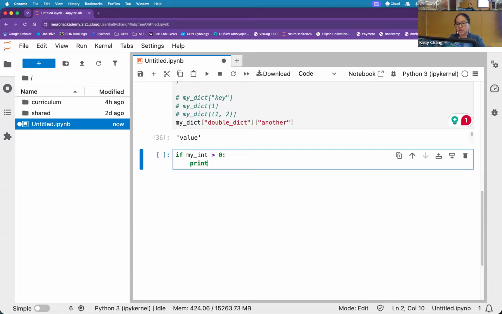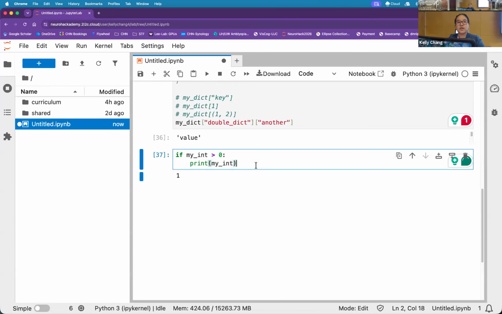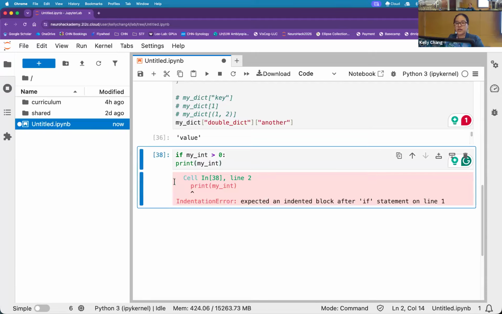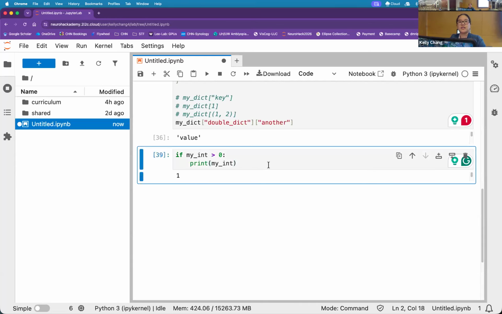this is pretty strict. So I'm actually going to do a really simple command. So I'll print my int just to show you that I managed to hit this condition. And so I am going to execute my print. I also wanted to do this so that you can see if I unindent this, and I did the shortcut command left square brace, that's the quick unindent. Command right square brace will indent to the right. If I try this, you'll get an indentation error. Expected an indent after the if statement on line 1. So it actually is a syntactical error if there are no indents in the correct levels and positions. So put a tab right there. Goes back to having that as my if statement.